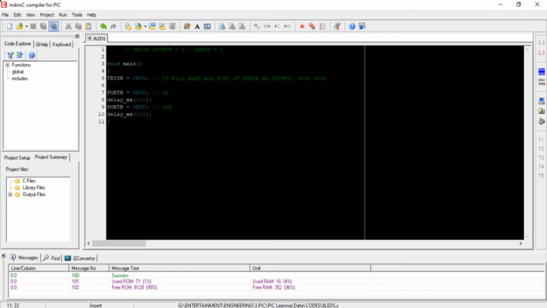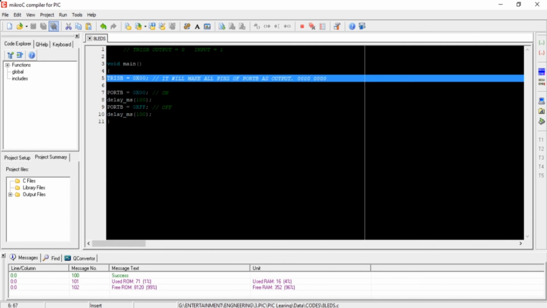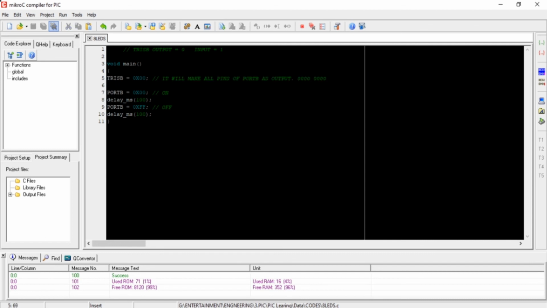Because our microcontroller reads these commands. It knows that it makes these pins output, then turns on the LEDs, waits for 100 milliseconds, turns off the LEDs, waits another 100 milliseconds, and then it's over. To make the LEDs blink for infinite time, we need to repeat this code from line number 8 to 11 in an infinite loop.